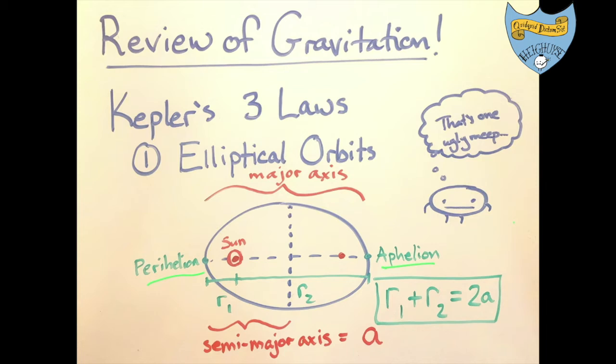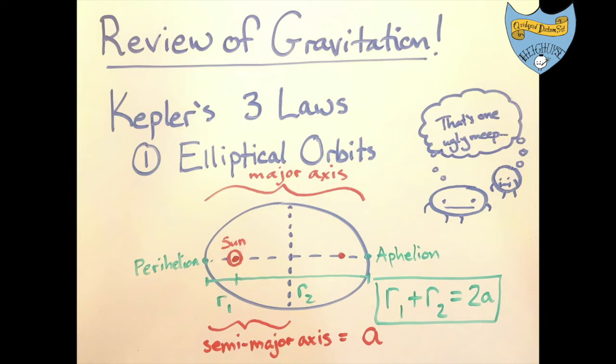The perihelion distance in my diagram I'm referring to as R1. Aphelion distance is R2. Because of how ellipses work, since a is halfway across, 2a is the whole way across, and therefore add up perihelion and aphelion and you get this equation, which ends up being super useful when you're solving Kepler's law problems, where they're giving you, say, the perihelion and aphelion distance and asking for something like the orbital period, which is not an uncommon gravitation question. That should be all we need to know about the geometry of ellipses,